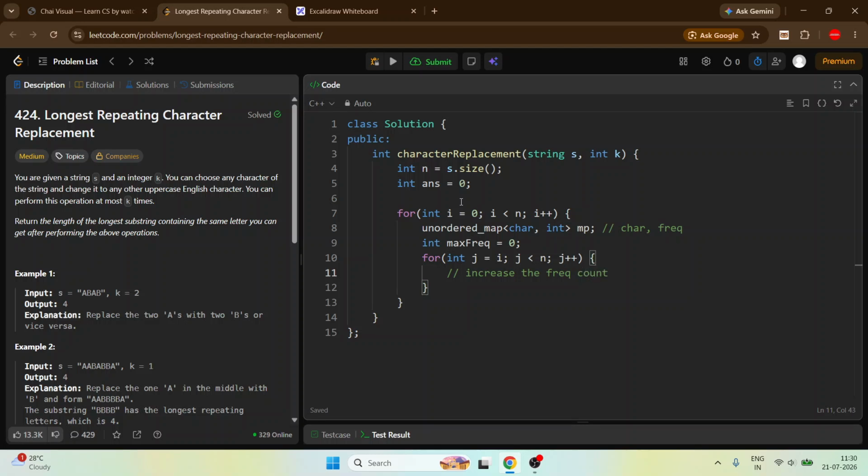At first we have to increase the frequency count, then get the max frequency, then calculate the length of the substring from i to j. You have to calculate the length of the substring,